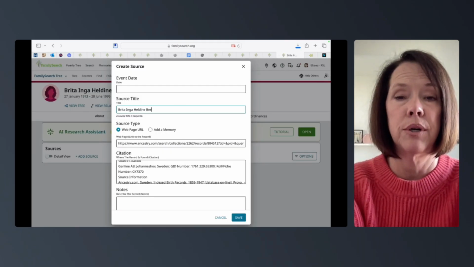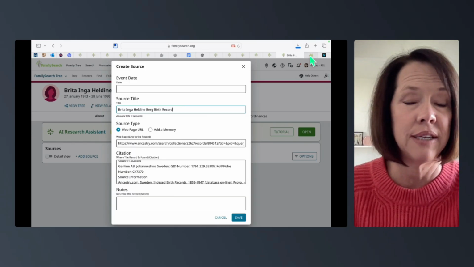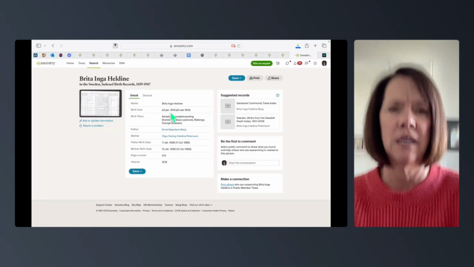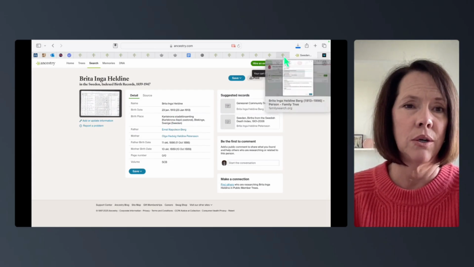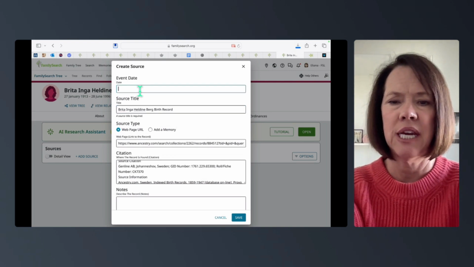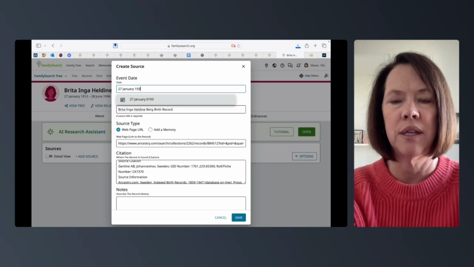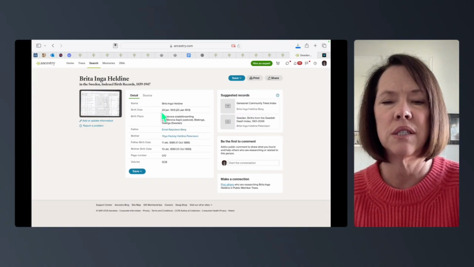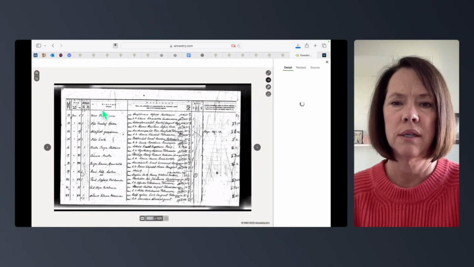So Heldina Berg, birth record, and I need to double check and see if it has her christening on there. So it looks like it gives just her birth date, not a christening date. They became less religious in the 1900s, so you have more civil information. And then we're going to put her date, 27 January 1913, and I'm just looking at that from FamilySearch, but let's go back and make sure. So actually this is the 23rd of January 1913, so that's when I go and look at the actual record,